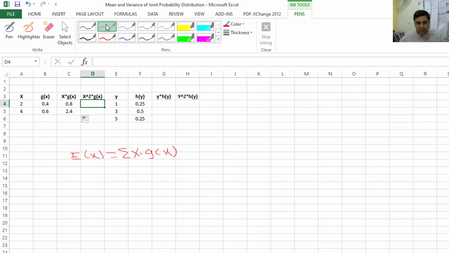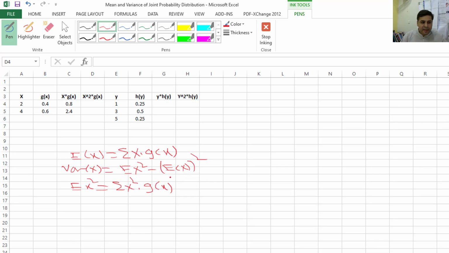In order to calculate the variance of x, the formula is E(x²) minus E(x) whole square. And you know that E(x²) is equal to summation x² into g(x).